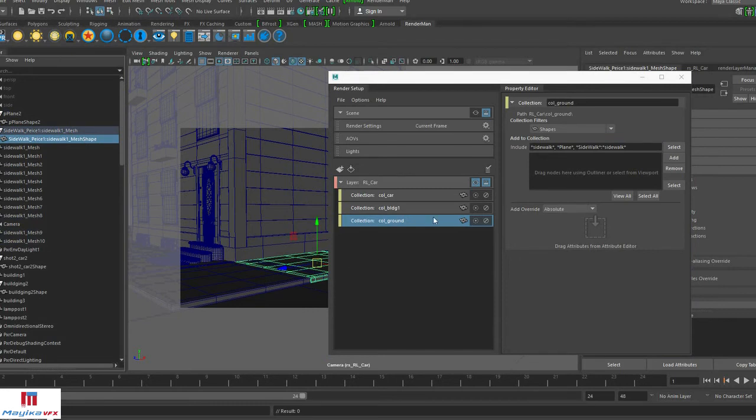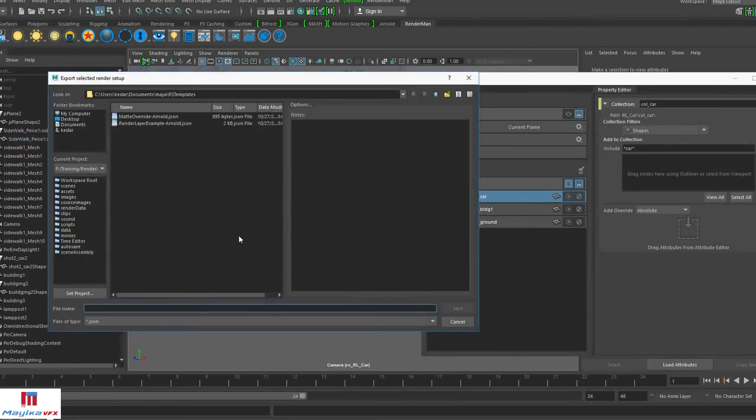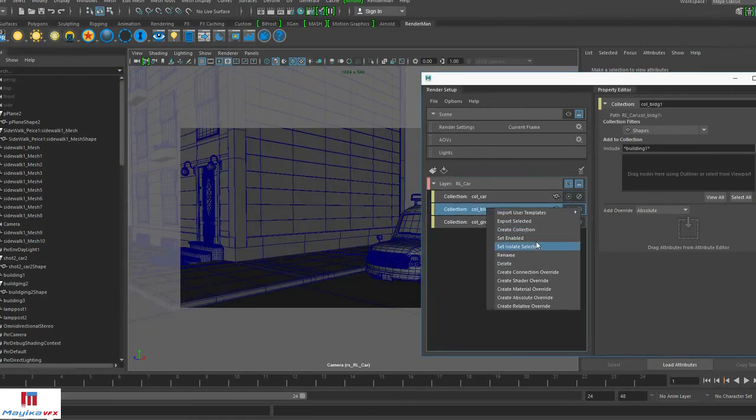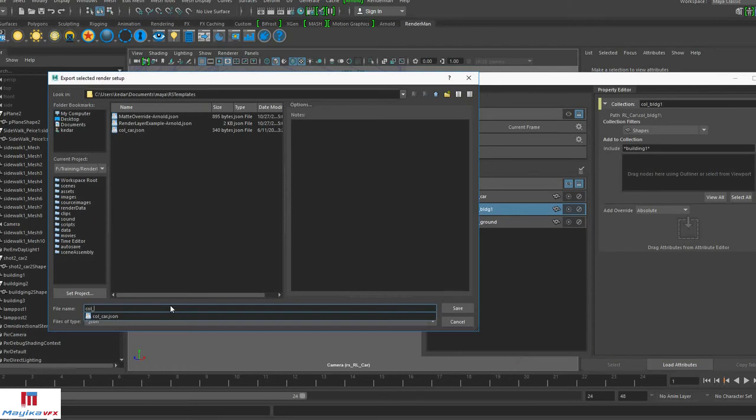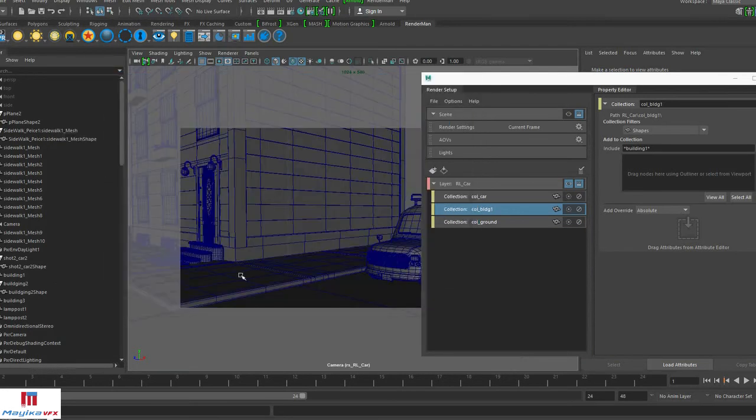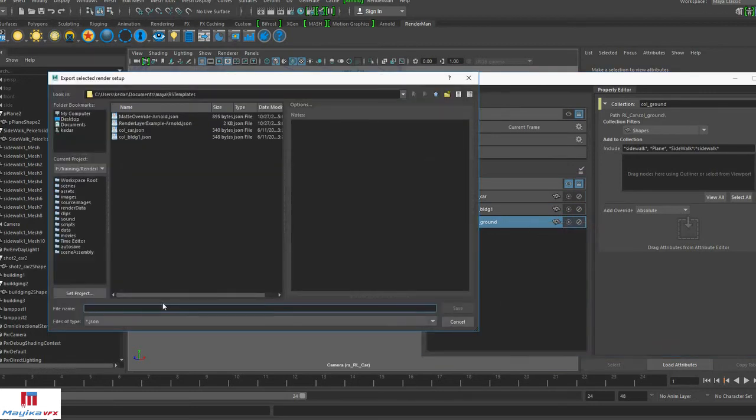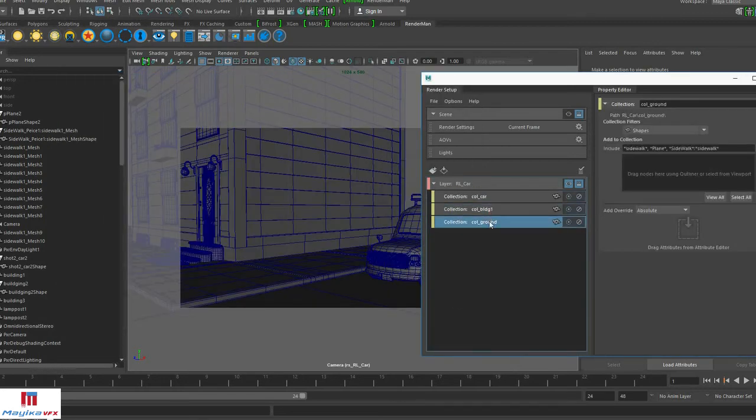These collections can be saved using JSON file. So now it is created. Now export this. So give it a name. So similarly we can export all the collections, and if you see, these selections are exported as JSON files at this path. So we exported all three collections created.